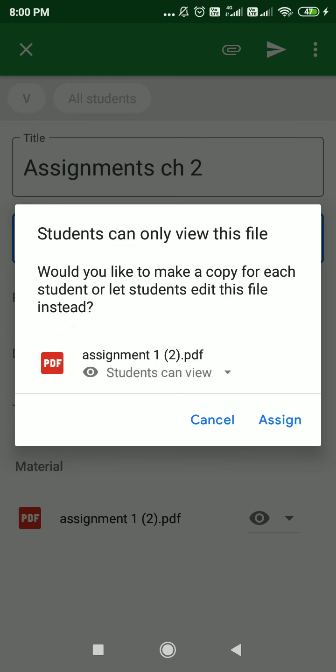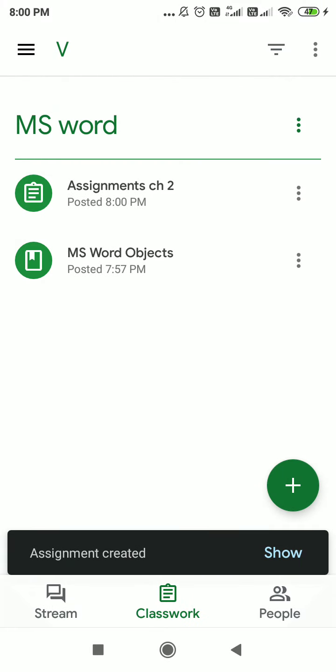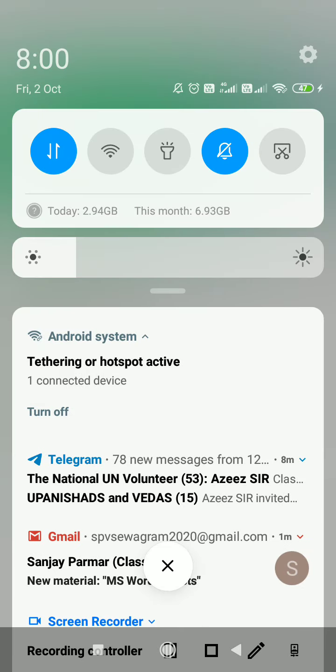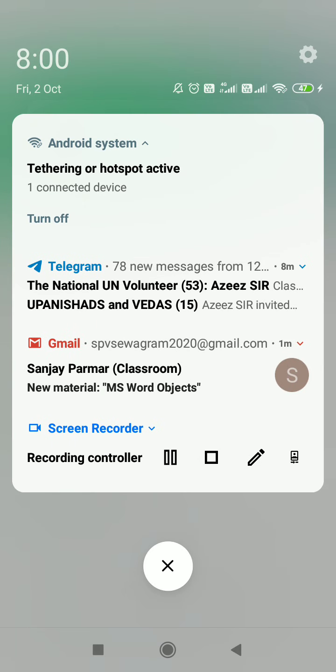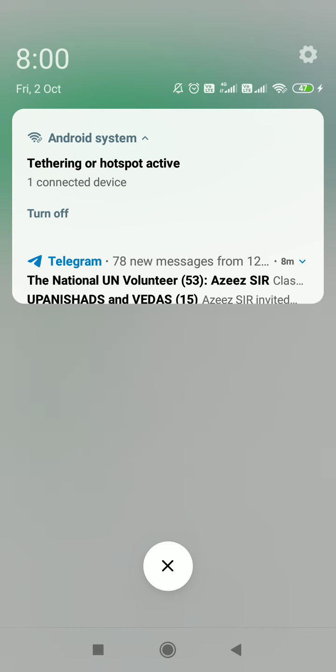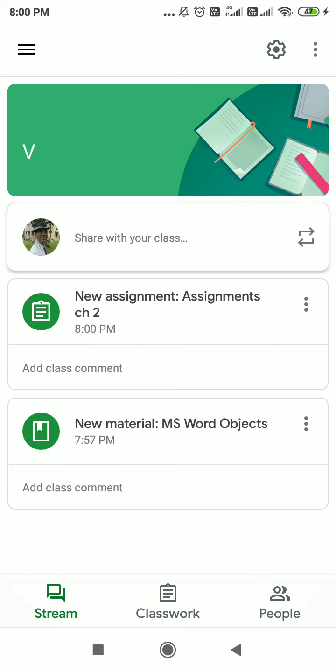Students can view, assign. So when we do this assign, it will be available in this stream. See, here you can see two things I have uploaded right now. Like that, whatever things the subject teachers are uploading, everything will come in this manner. Here you can see first, second, like that. It is coming in descending order, so whichever we upload will come on top, and whatever we have uploaded already will come further down. So this way you can upload your study material and assignment.